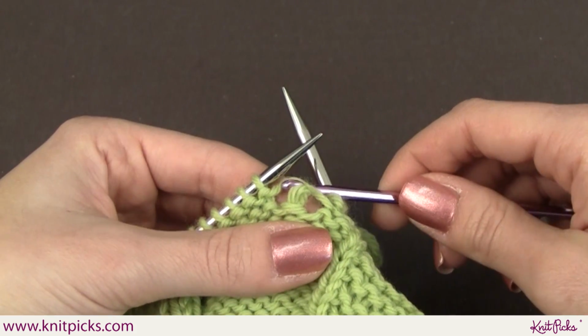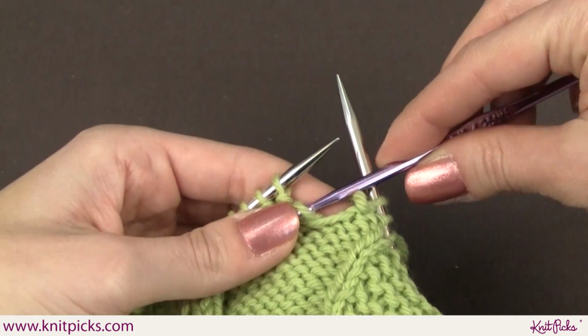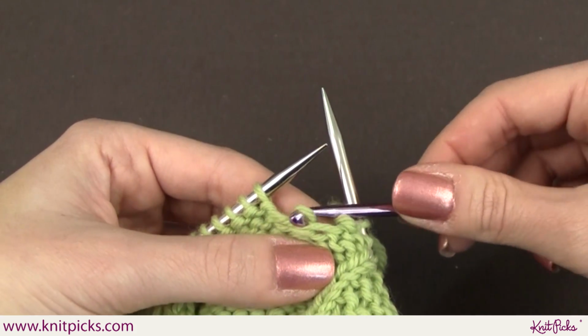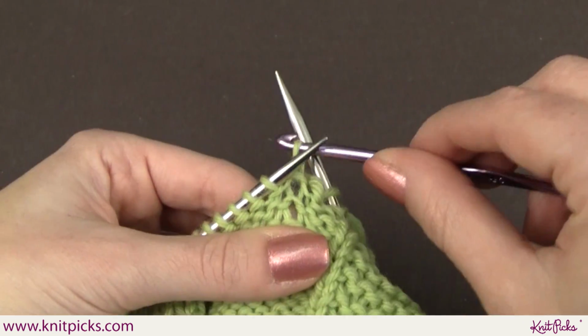I'm going to bring it from the back to the front, then insert my crochet hook from the back to the front coming towards me. Then I'm going to grab my bar and pull it away from me through